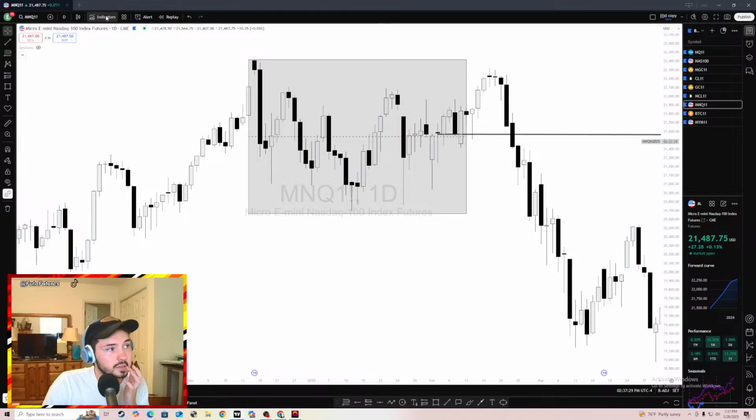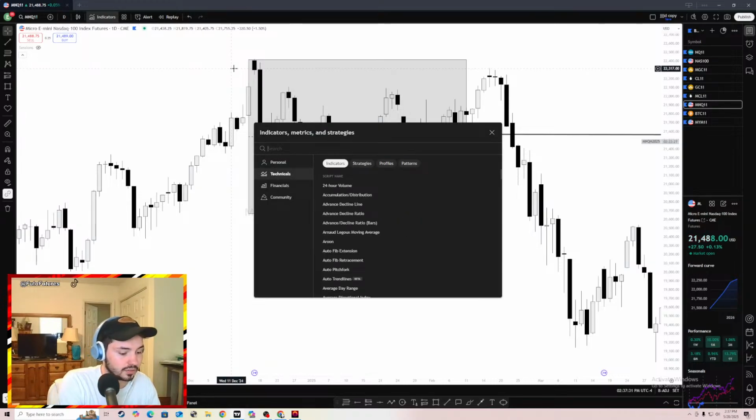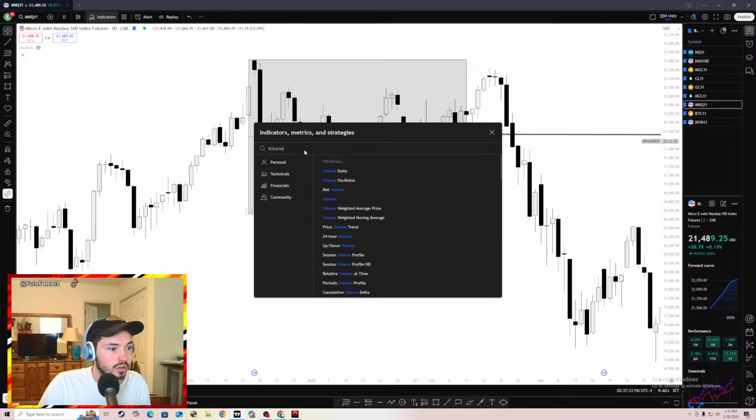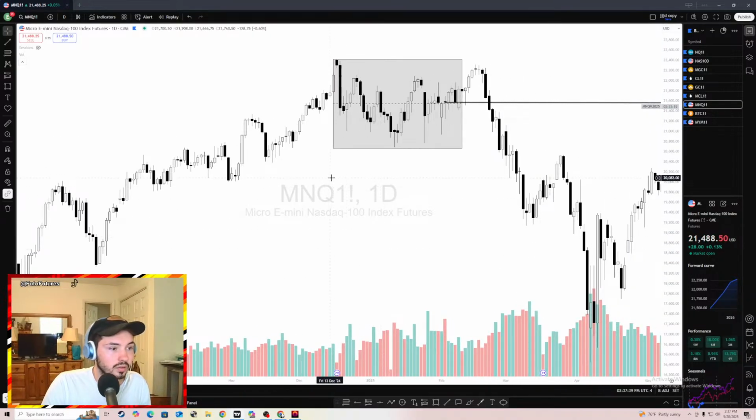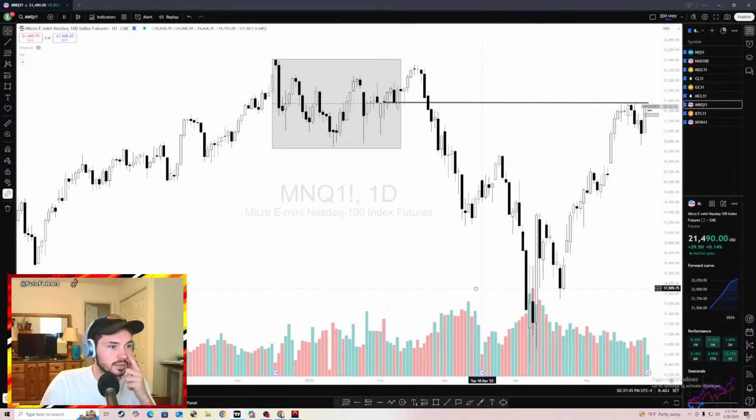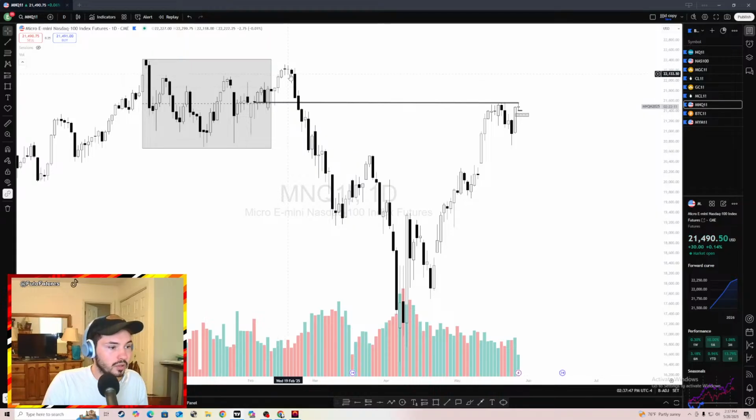And let me check. I could pull up the volume. Let's see if there was a lot of volume here. You can see that the volume increased the more sideways we went. What happened over here when we're moving down? The volume still increased, but what type of volume increased? It was sellers. So there wasn't a clear fight between the volume here.